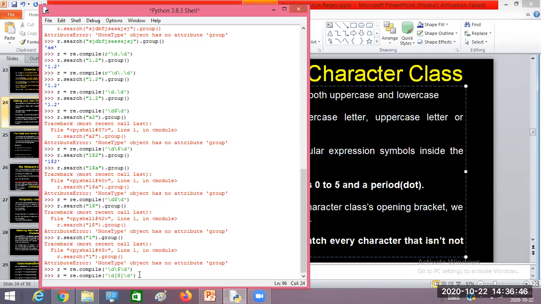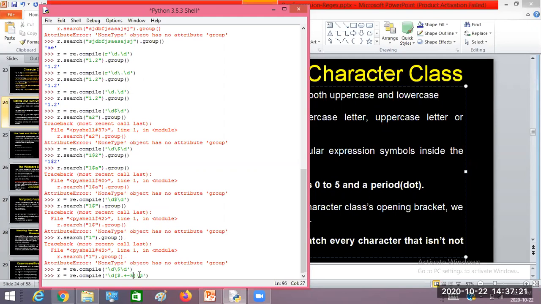So if I want to match a dot, then you can simply write dot here. That means it is going to match dot itself. If it is a character like plus, you can match the plus mark with the help of this character class. If you want to match minus, then you can write minus. If you want to match star, you can write star here. But one thing you must remember: after minus you should not write anything. That's the restriction for the character class.